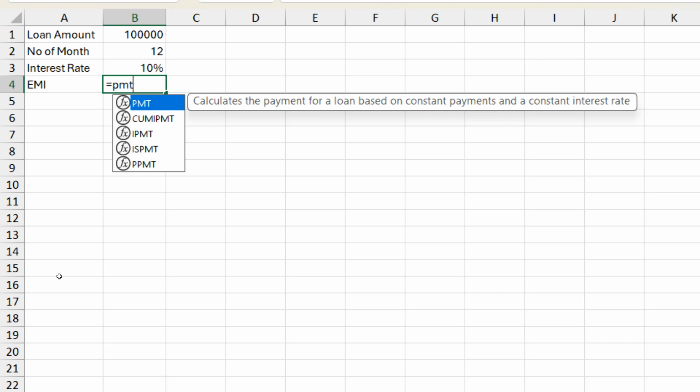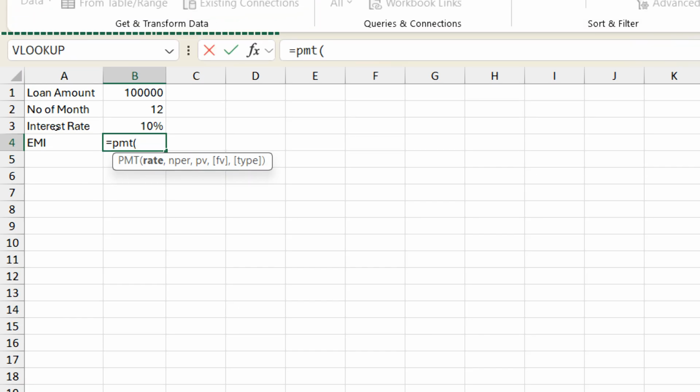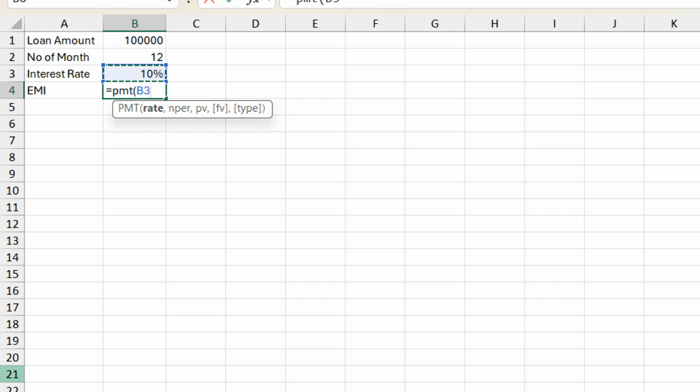We are paying every year, then we can leave as it is. I want to pay every month, so we are dividing it by 12. The rate of interest will always be per annum. I want to make it per month, so divided by 12. B3 divided by 12, comma,